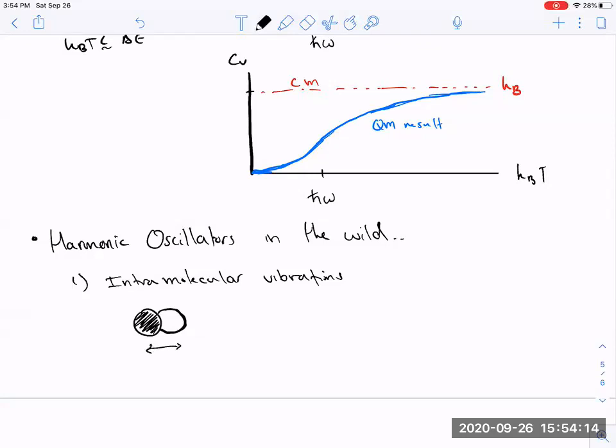It's got some bond length, let's call that little r. And if I were to plot the potential observed for stretching that bond,